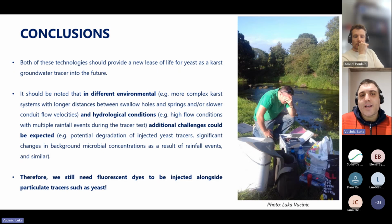Both of these technologies should provide a new lease of life for yeast as a karst groundwater tracer in the future. It's not going to become conservative like a dye, but it can be used more and more, at least I believe so. However, if you are looking to use this kind of tracer in different environmental and hydrological conditions, or maybe you don't want to use it in karst, then you will have other challenges. And if you have an even more challenging karst, things can